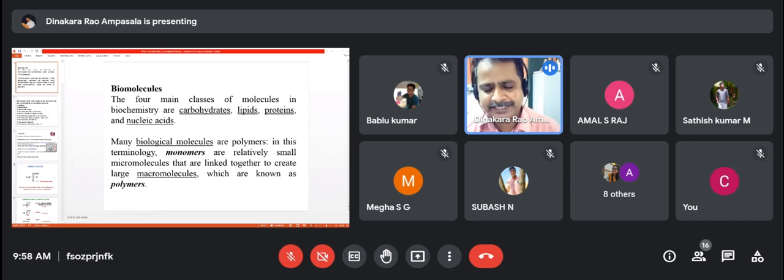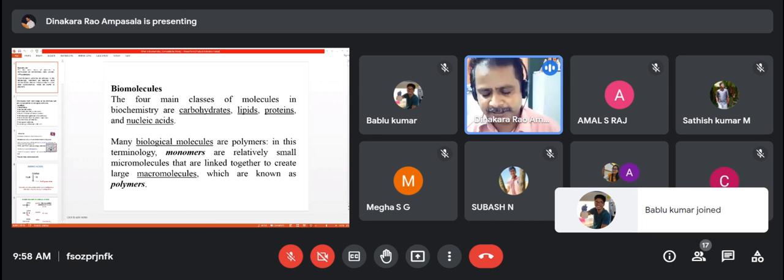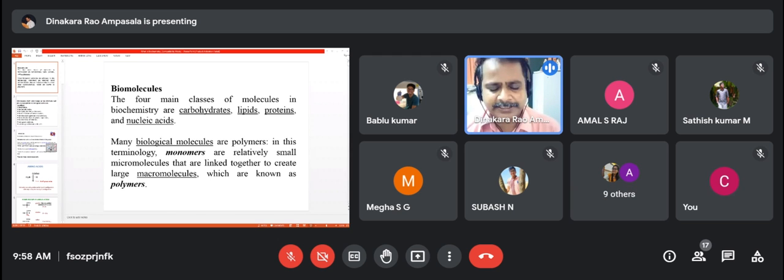A single unit we call a monomer, if it is joined with another, we call it a dimer. If it is joined with three, we call it a trimer. If a few units join, those are called oligomers. If more oligomers join together, it is called a polymer. Once this polymer becomes a macromolecule, that macromolecule will have